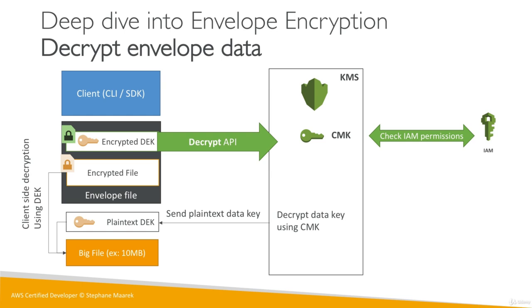To me, it's a great engineering piece. It's really, really smart. If you don't understand anything, do not worry. Just know that we use the generate data key API and the decrypt API in combination to use envelope encryption. The good news is that the encryption SDK by Amazon does all this complex stuff for us, and it's just a simple API, as we'll see in the next lecture.